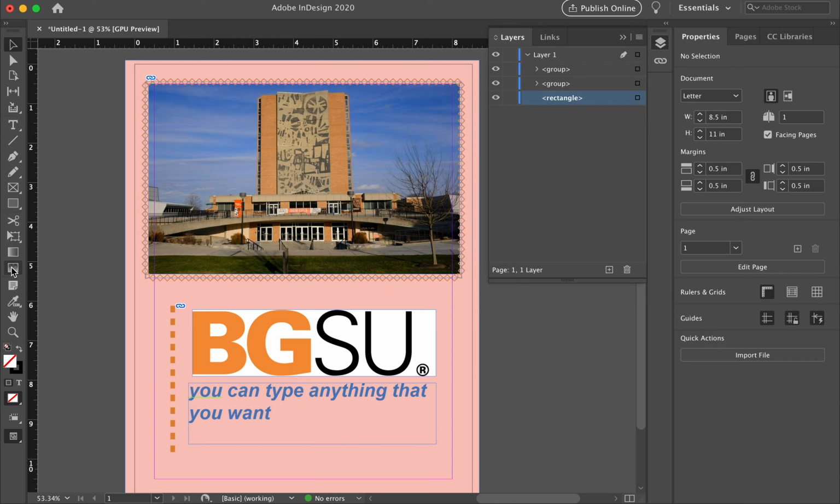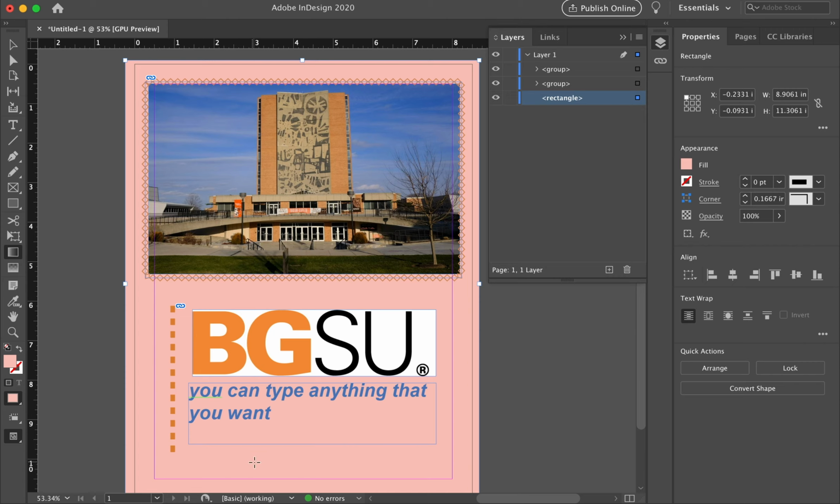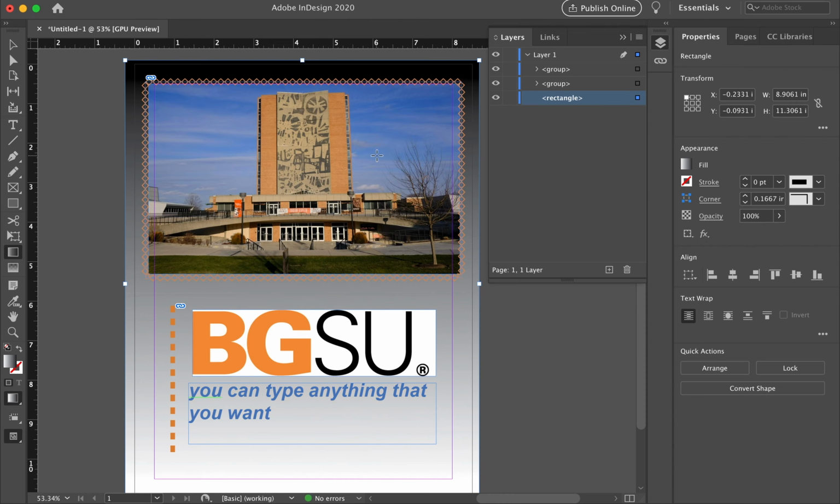One more tool that InDesign has is to do a gradient. So over here is the gradient swatch tool. If you click on that, it'll create this little crosshair. And let's say we want this background to be a gradient. All we have to do is click and drag across it, and it creates a